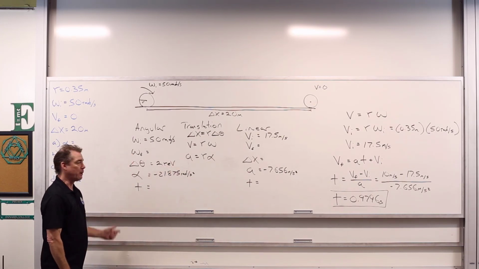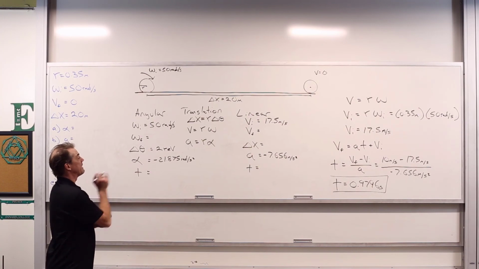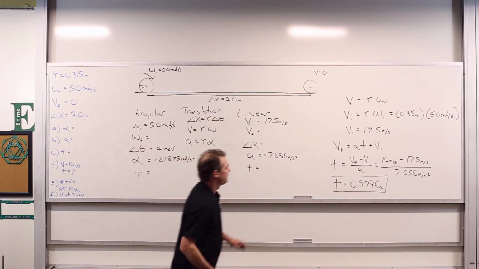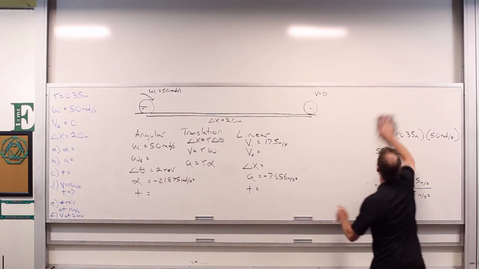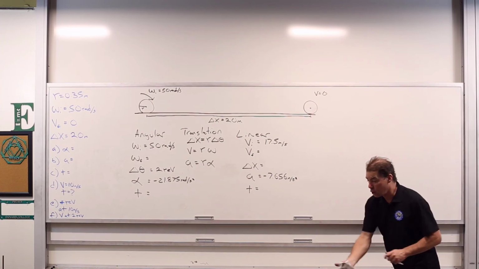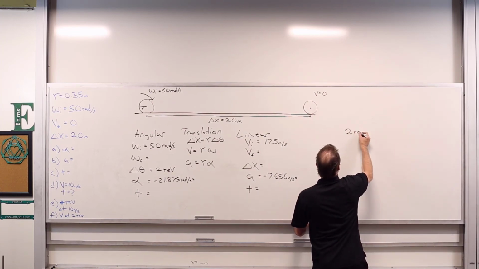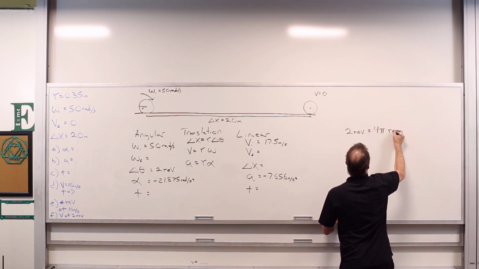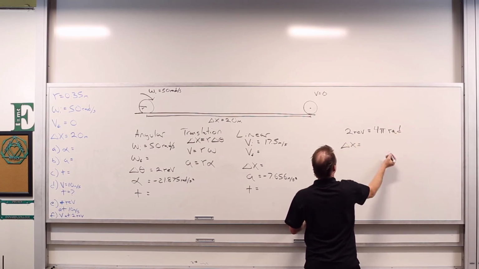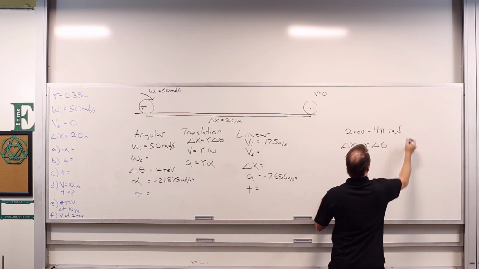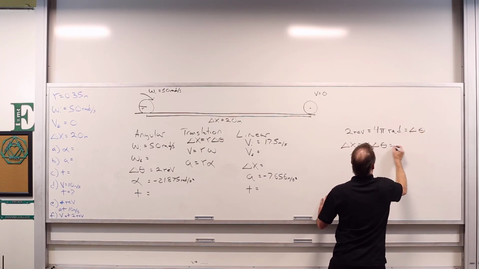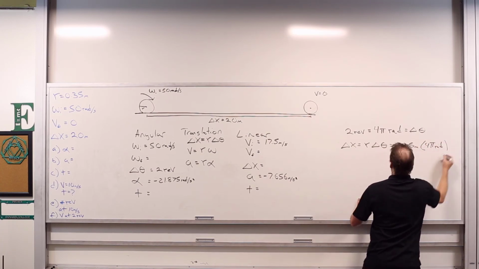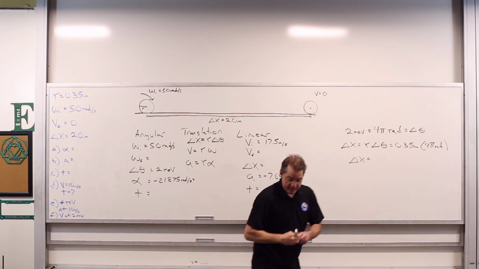how many radians is 2 revolutions? What distance does 2 revolutions correspond to? Delta x. There are a couple of different ways that we can do this. We'll do it step by step. We can convert that 2 revolutions into radians. Every revolution is 2 pi radians, so we've got ourselves 4 pi radians, and then delta x is equal to r delta theta, which is equal to 0.35 meters times 4 pi radians,